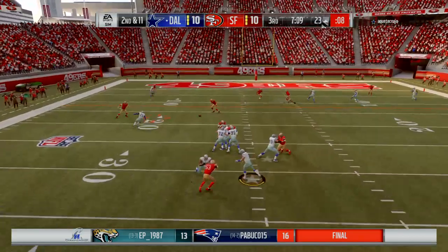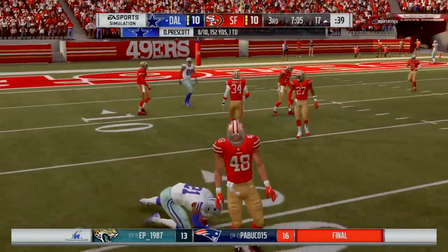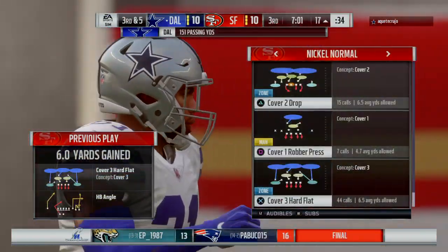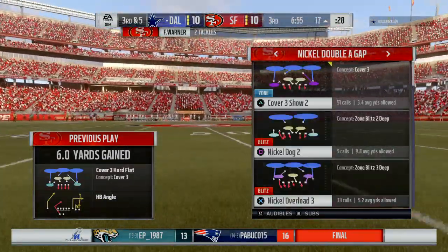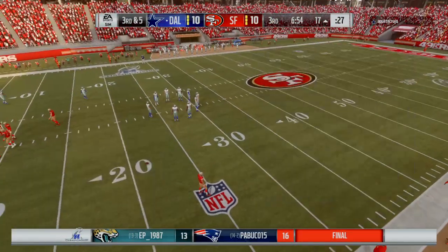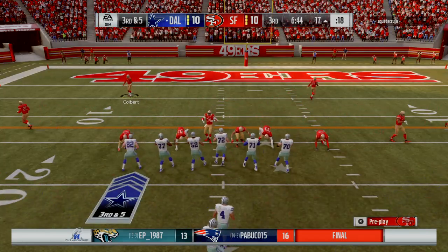From the shotgun, it's Prescott. Looking left side, and he's got a man. That's Elliott. And he'll get it down this time to the 17. 6 yards on the pickup, and that'll make it 3rd down. A field goal would get him the lead, but that's not what they're shooting for as they come up on